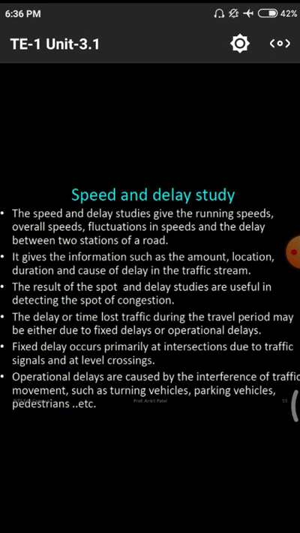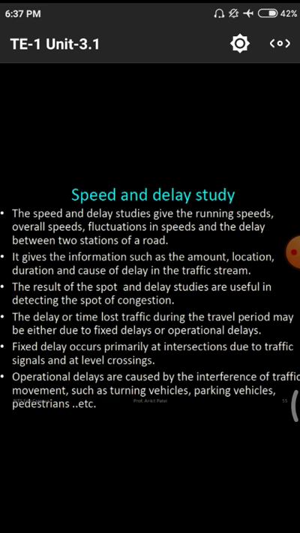That means what is the duration of their delay, how many vehicles are delayed at a particular point, with a time span. Is it either 10 minutes or 20 minutes? Normally at T points and others, we stand for 5 to 10 minutes. If it is a hotel, we sometimes stand for half an hour or 1 hour, depending upon the population in that particular hotel, that means the total number of persons in the hotel or any other cinema halls and others.